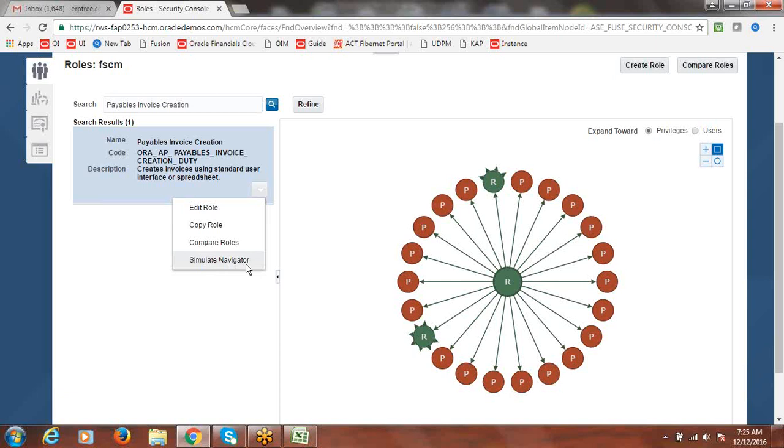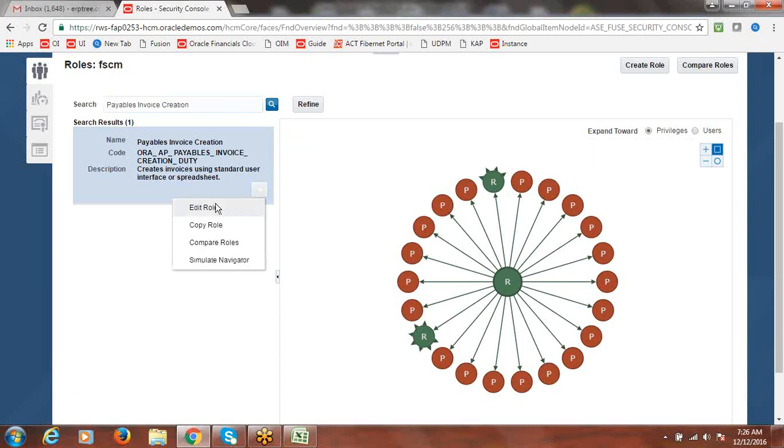And simulate navigator: if I click on this, it shows the current user's privileges, and out of those, how many the user is getting because of this role. As we know, the current user has access to payables, and out of that access, you can understand how many functions are related to this role. We'll see one by one.